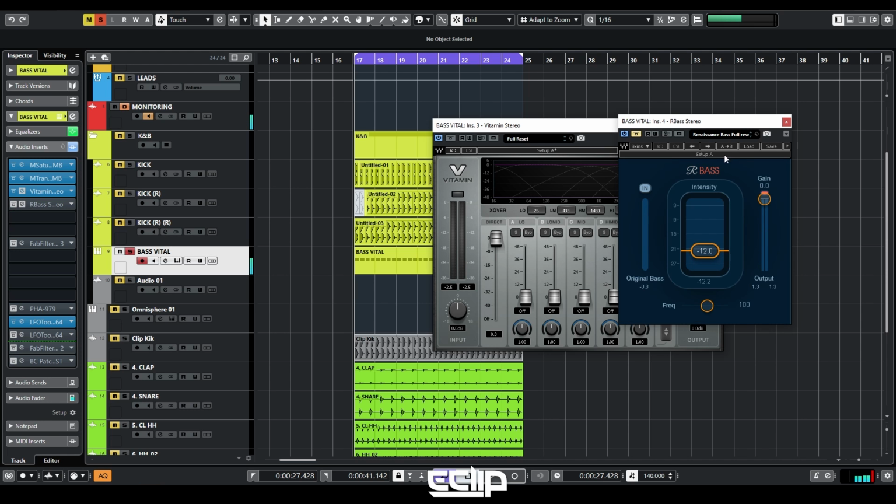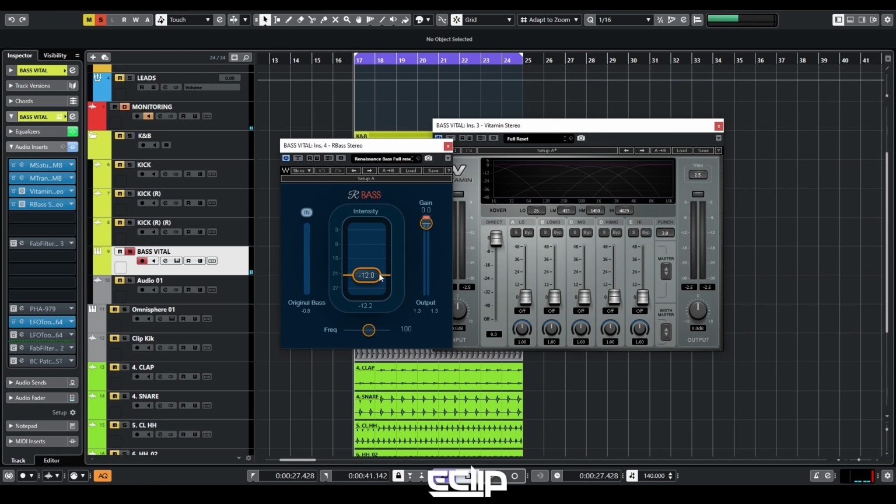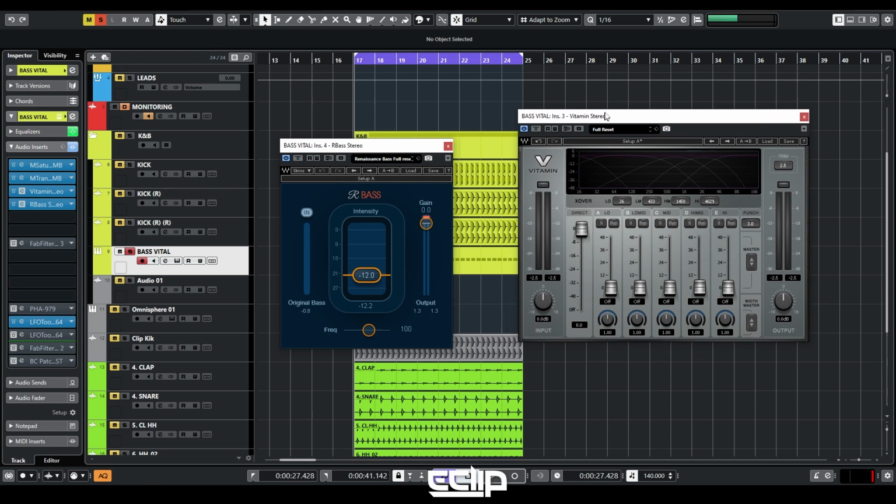And the 4th one is of course R-Bass. And R-Bass, my start point is around -12 dB. And this frequency will depend from case to case. So basically I would play the kick and the bass and move this left and right until I find the perfect spot for this bassline over here. So without the R-Bass,